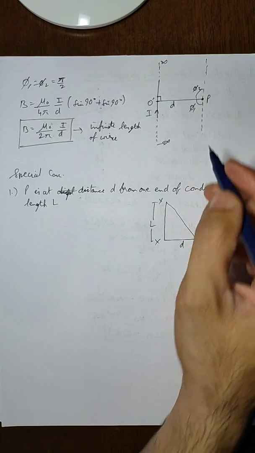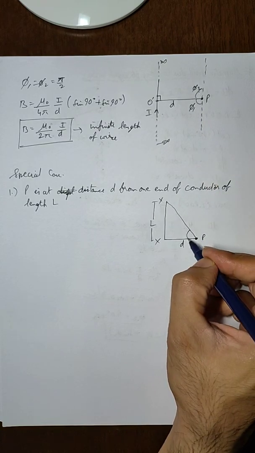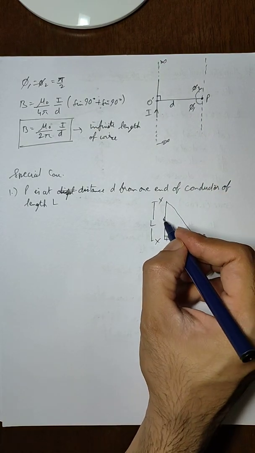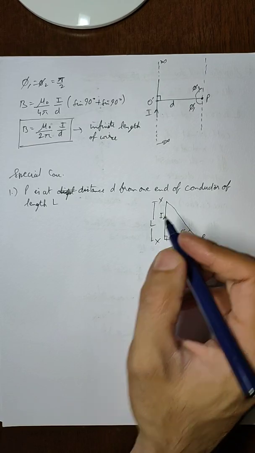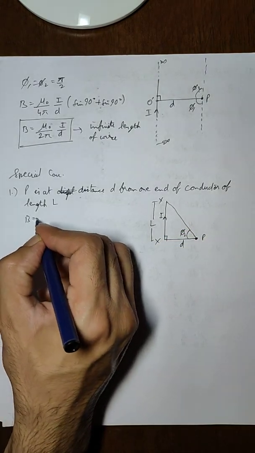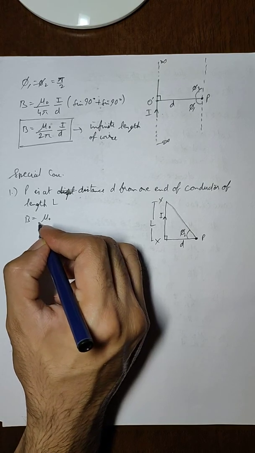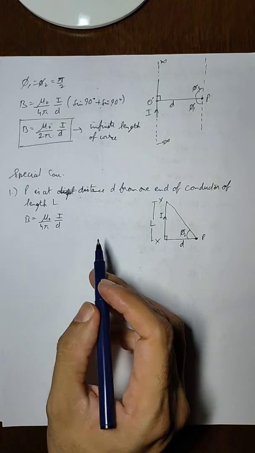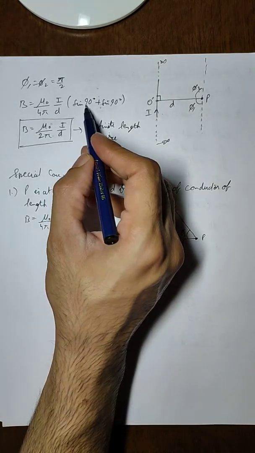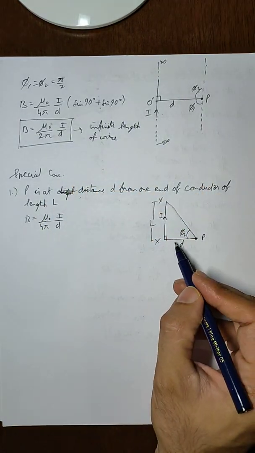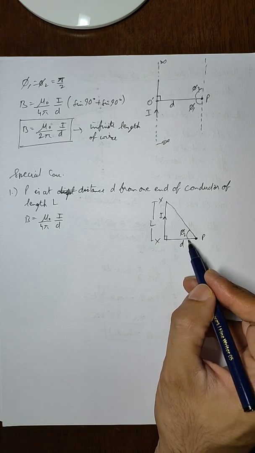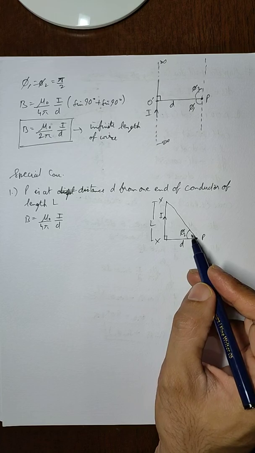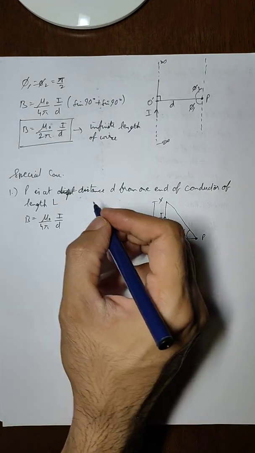So now we have only phi 2 angle here. So you'll write phi 2 here. This angle becomes 90 degrees. This is our direction of current. So in that case, B becomes equal to mu naught upon 4 pi, I upon d, and it was sine phi 1 plus sine phi 2. So sine phi 1 becomes 0, since sine 0 is 0. So all that is left is sine phi 2. So this can be written as